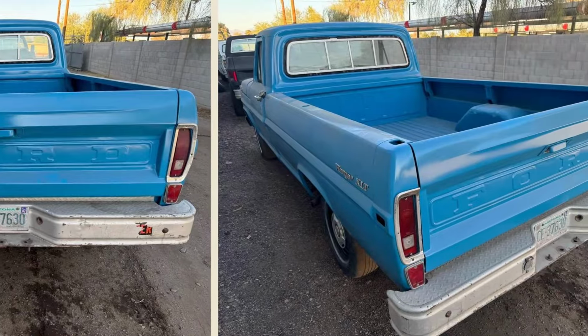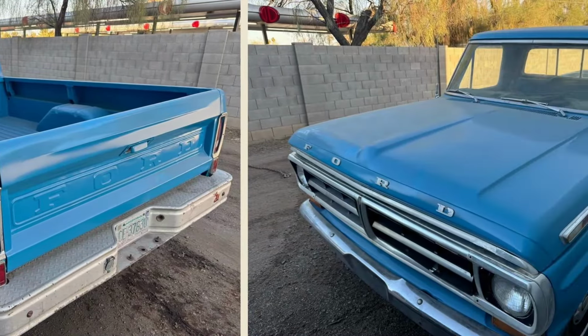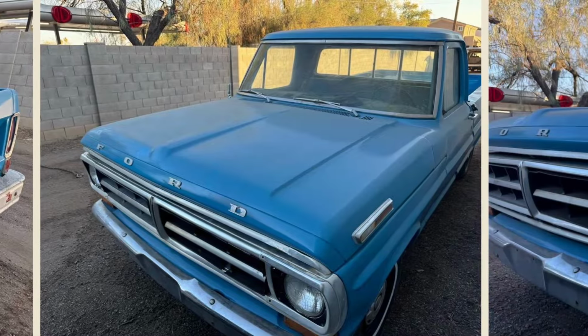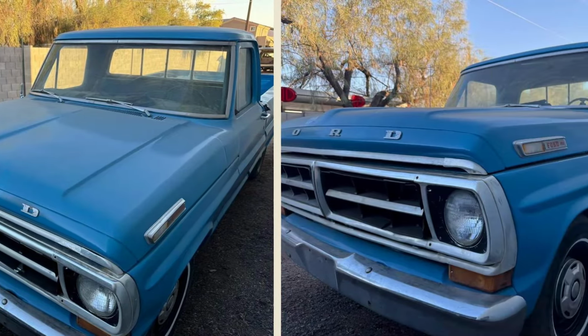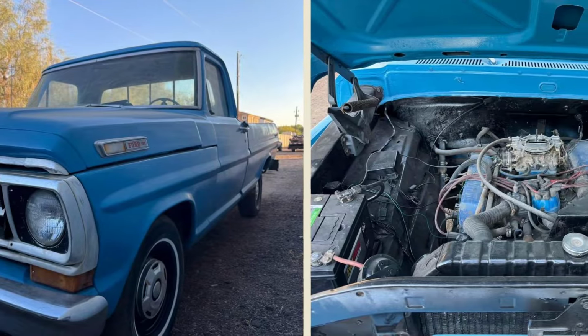to its former glory. Its striking blue paint gives it a standout look, and with a clean title, it's ready for its next owner. If you're looking for a solid project truck with great mechanical bones, this F100 is worth